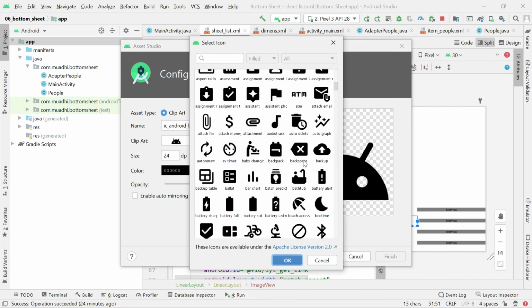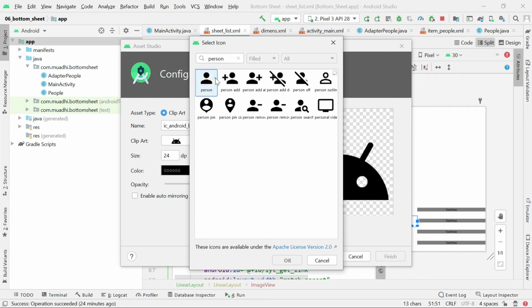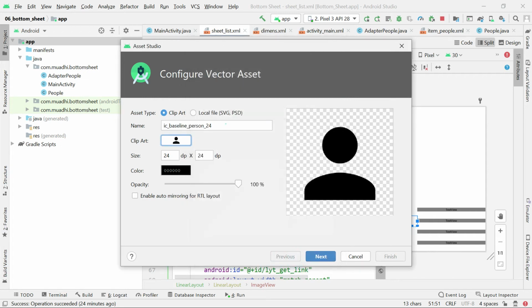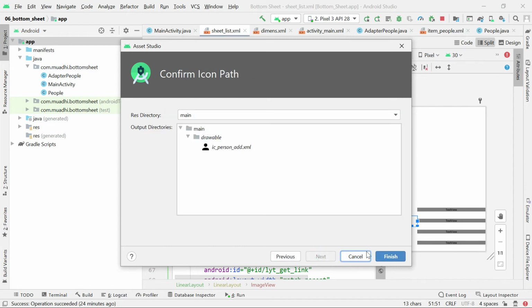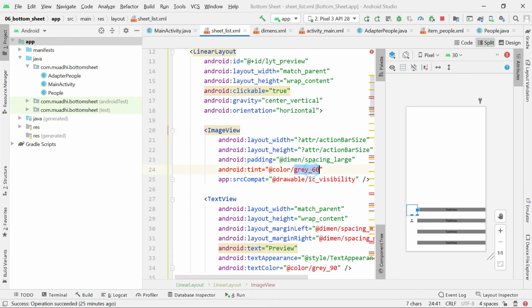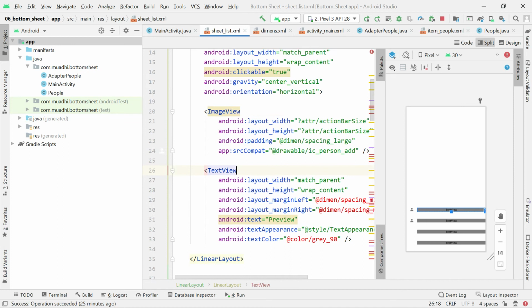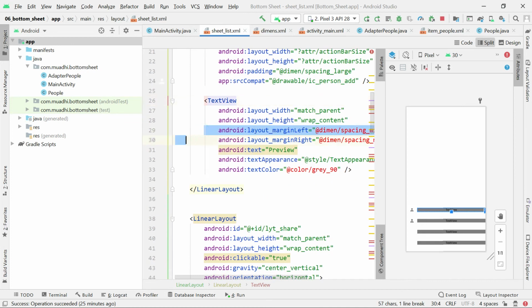I'll come here and search person. Just press that one. I see person add. Let's just leave that one for the sake of it, so that it can be your icon, and here we can also put another icon. But in simple terms, an icon is what the user will see when they expand the bottom sheet.